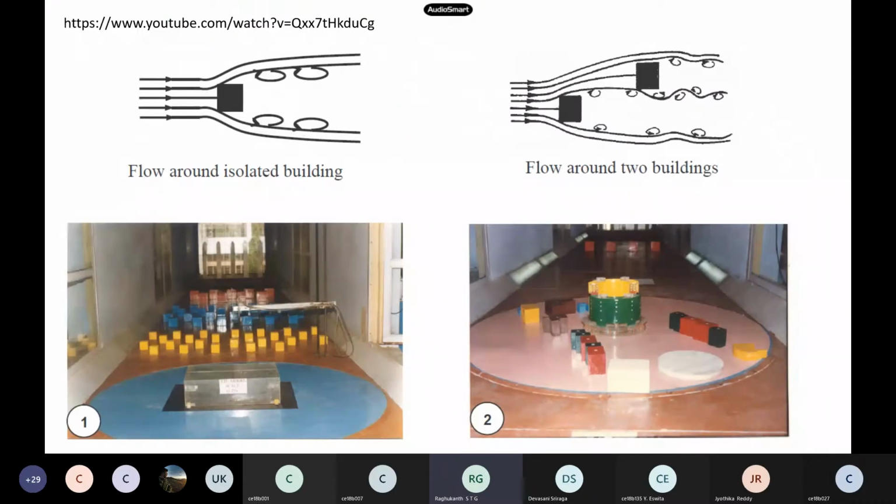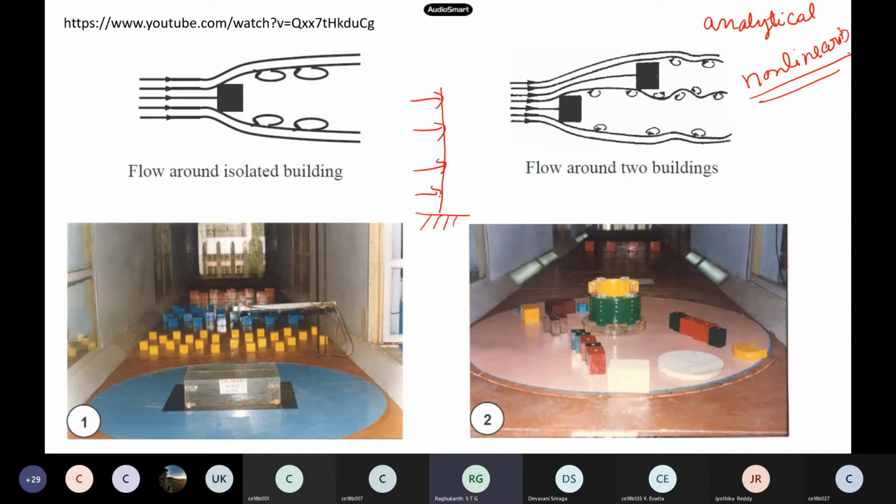Now here, one most important thing in wind is, if you want to do it analytically, if you want to solve the equations of motion and solve all those things, it's very complicated because of non-linearity. The wind is like a fluid, it is a gas. So with non-linearity and other things, it is very difficult to understand how the building responds to this type of wind force. For example, if I have a building like this, and I apply the load here, what happens when you apply the load? The building will deflect in which direction? In the longitudinal, that is parallel to the load, or perpendicular to the load?